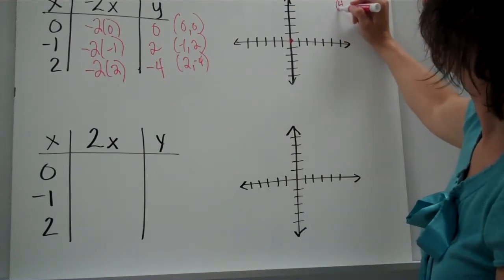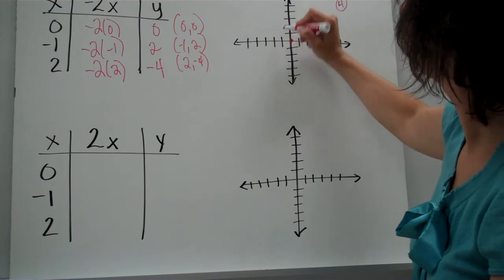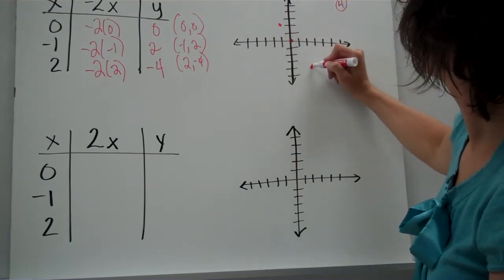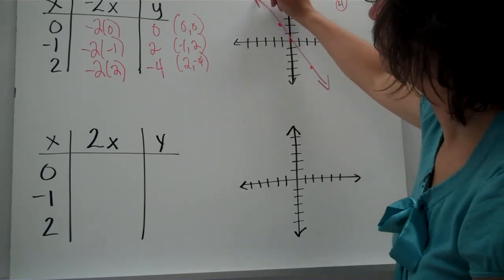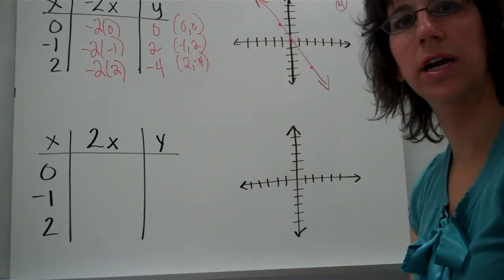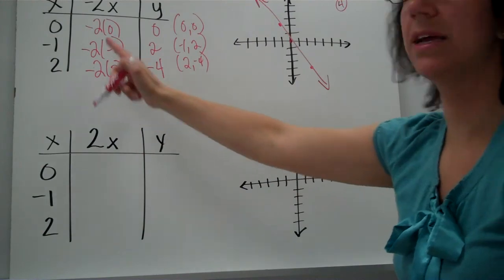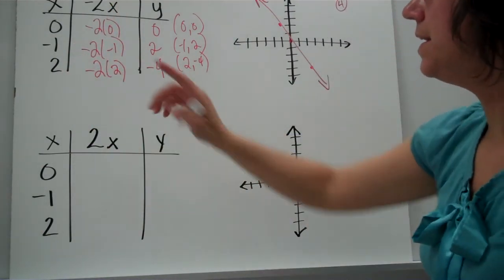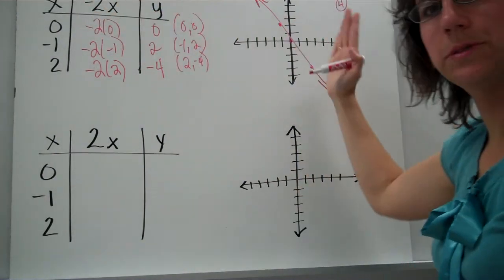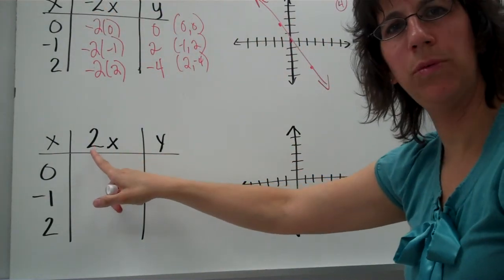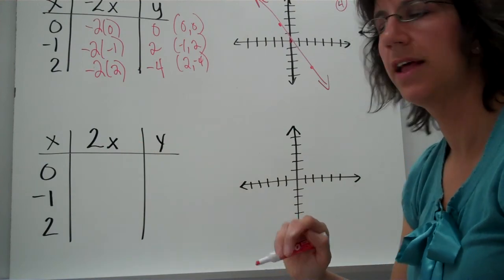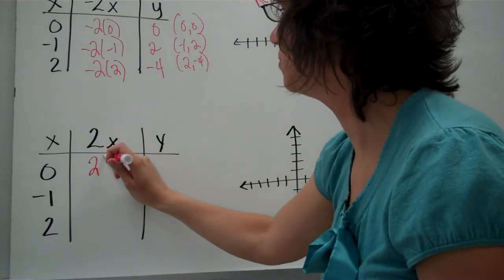You should be on your 4th coordinate plane. If your dots do not make a straight line, you've done something wrong, and that's a way for you to check your work. You can go back and check your multiplication and be sure that you have that filled in correctly. Now, notice this is a negative 2, so it is pointing to the left. Can you anticipate what this graph will look like? It's a positive 2x. Let's take a look. You've got 2, 0,